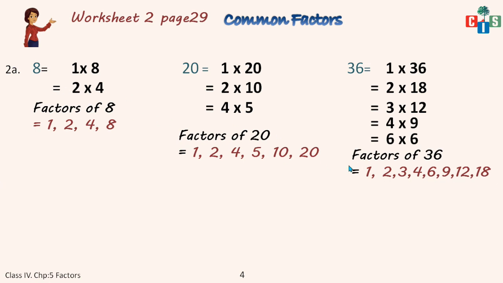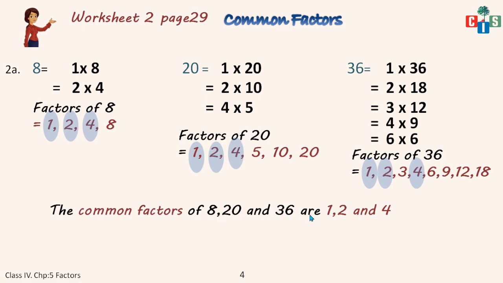Now I have found all the factors. I have to find common factors. Let's check out. 1 यहाँ पे, 1 यहाँ पे, and 1 यहाँ पे. 2 यहाँ पे, 2 here, and 2 here. So 4 here, 4 here, and 4 here. Now I will have 8. So 8 is, it's not there. It's not one of the factor of 20. It's not the factor of 36. So 8 will not be the common factor. Fine. Either of the तीनों नंबर में से एक नंबर के तो सारे factors चेक करने पड़ेंगे. Okay. So my common factors for 8, 20 and 36 are 1, 2 and 4.